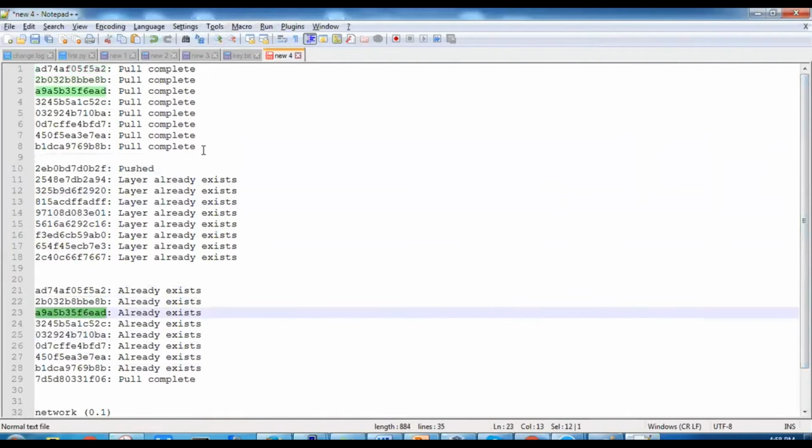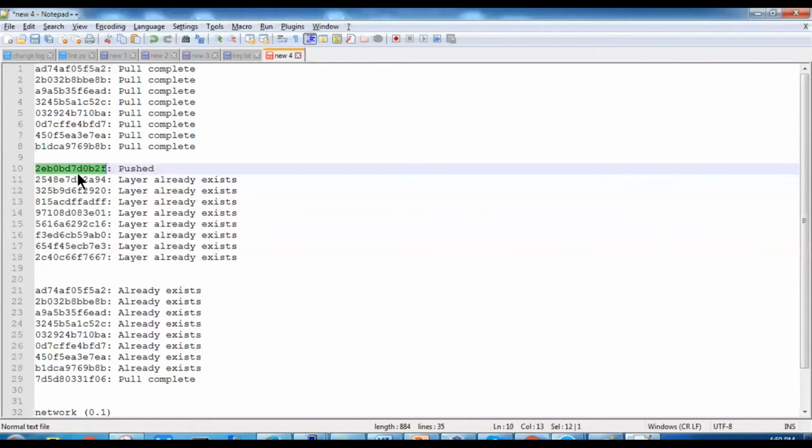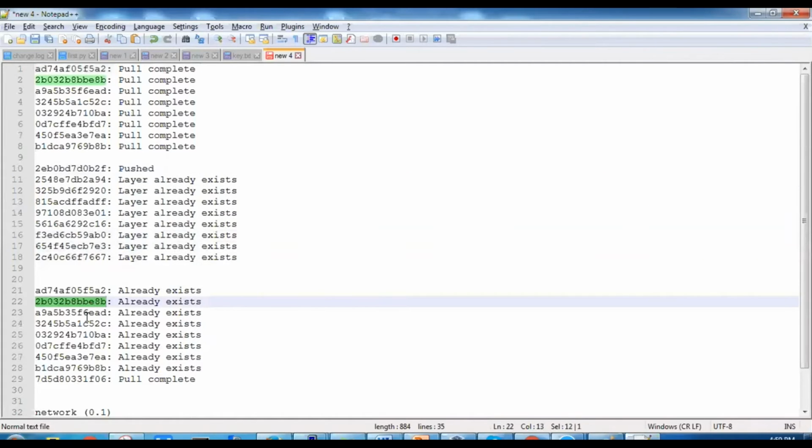This is the image of Python which you pulled the first time, and after you worked on it, you got one added layer, this one. When you pushed again, that time this got the same layer. So this layer already exists, but you might have a different name for that layer. When you push this to Docker Hub, it's not going to save all this data. It's ignored because it already exists on your Docker Hub, because you already have the Python one. That's the reason it says layer already exists, already exists, already exists.